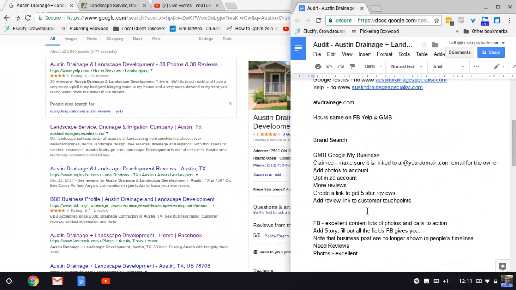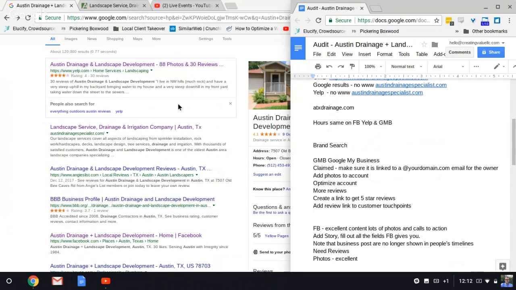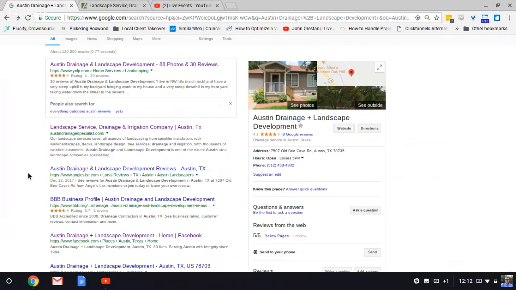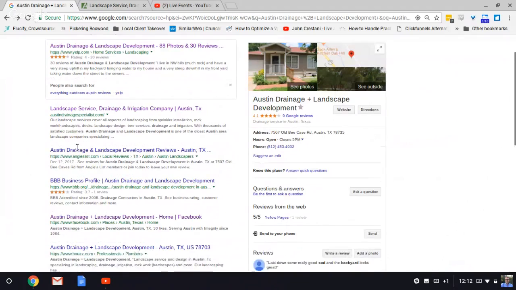You want to create a link that sends people directly to give you a 5-star review, and then find touch points, like follow-up emails or invoices, where you give them that shortened link. You can do atxdrainage.com/review or something along those lines. You want to make it as easy as possible.